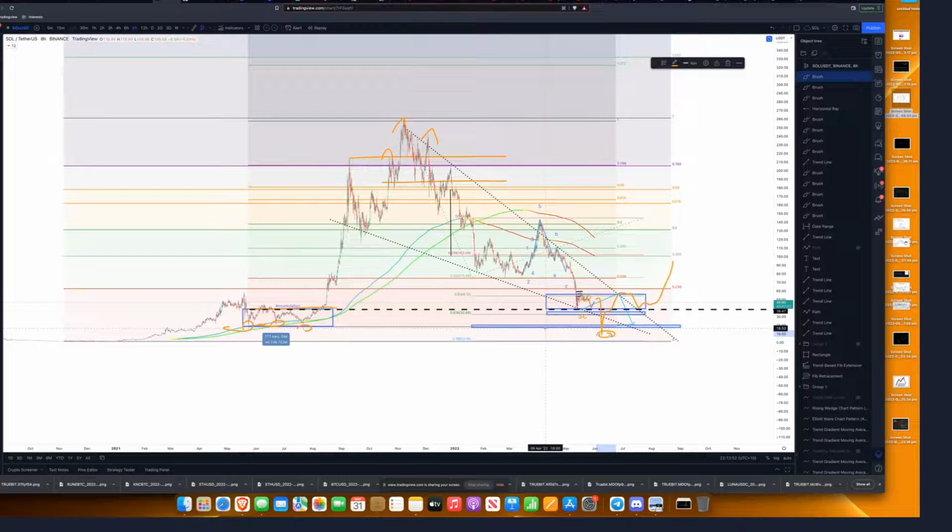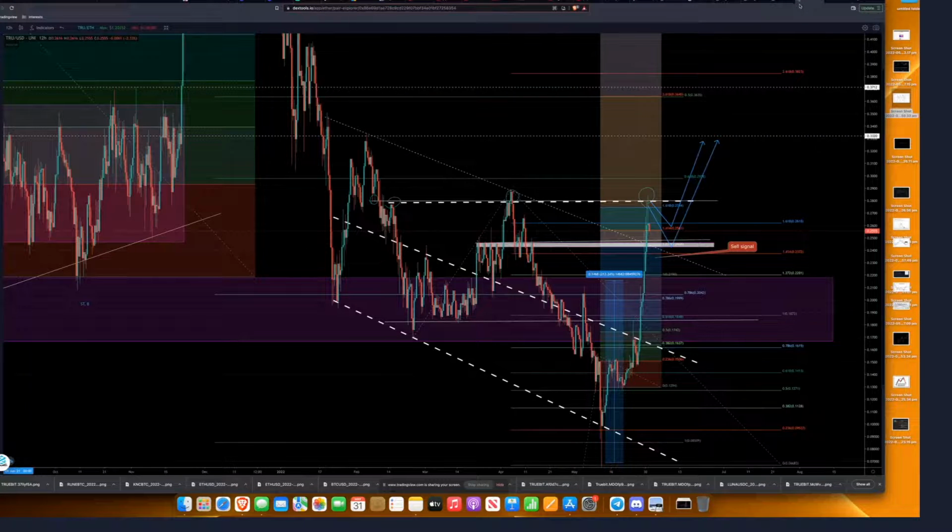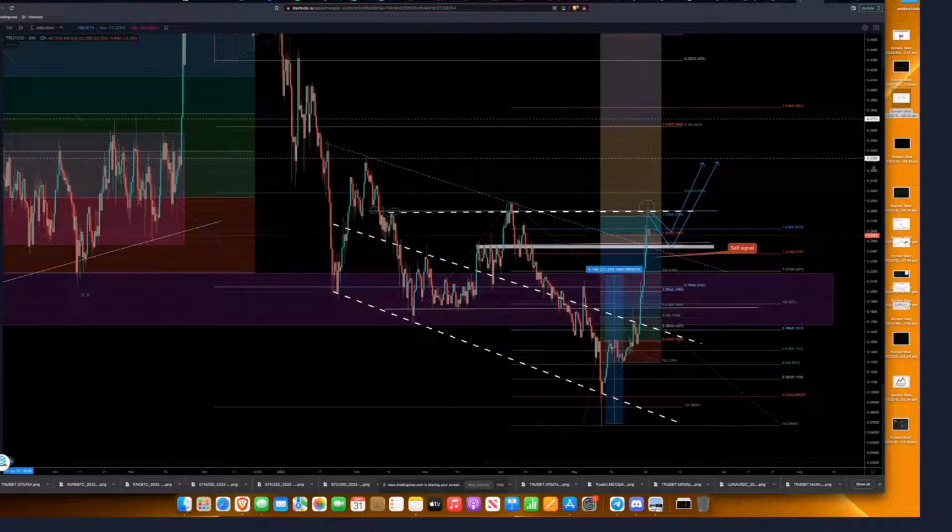You never know what's going to take place. But at the moment, I just see that level up to $55 and just going sideways until Bitcoin decides what it's going to do, and this might come down. This didn't capitulate as much as, say, my favorite, TrueBit. So TrueBit capitulated,